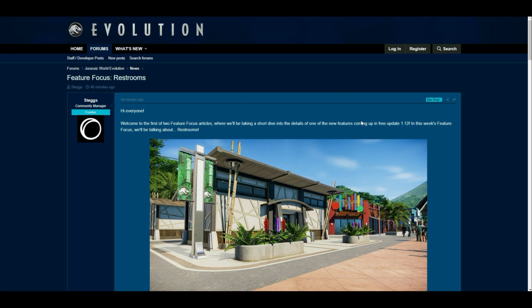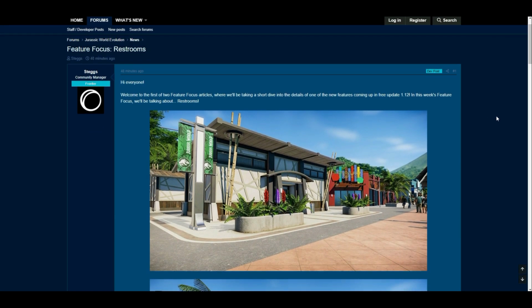So we're just going to talk about the forum post from today, feature focus, they're calling it. And yeah, they've elaborated on the picture that they posted yesterday on their official Twitter. What we are looking at is the building design for the restrooms that will be added to Jurassic World Evolution in the upcoming update. Now, as you know, the update will coincide with the release of the Jurassic Park DLC,